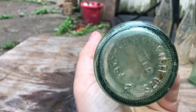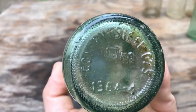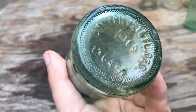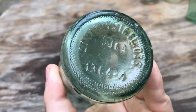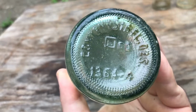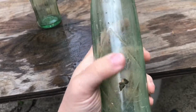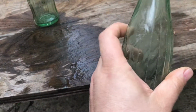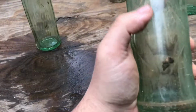And on the bottom it says, what does it say? What does the bottle say? Contents, yeah, it says 16 fluid ounces, 1364-A, has a 60 there above that. So I don't know. Double diamonds on the front of it. You notice that? On the front they have double diamonds, and on the back they only have one diamond. See, there's the little diamond, there's the big diamond,